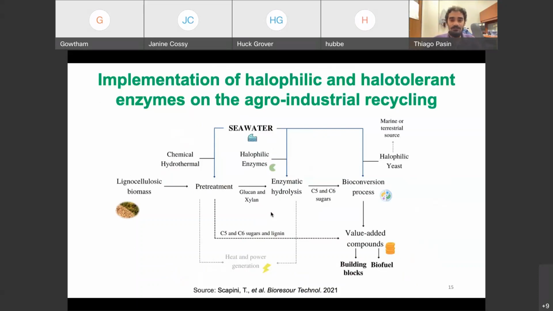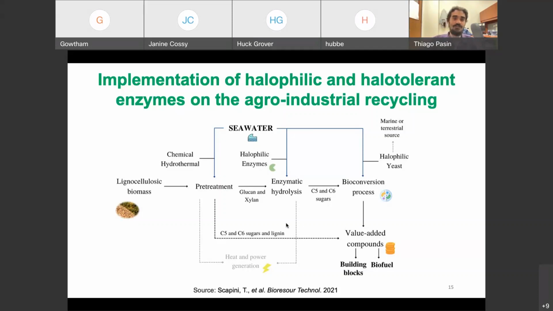We can use halophilic or halotolerant enzymes on the agroindustrial recycling. What are halophilic and halotolerant enzymes? These kinds of enzymes are resistant to high salt concentrations, so they can be active under high concentrations of different salts. So here's the idea. We can use halophilic, halotolerant enzymes with seawater instead of using potable water, and then we can do the enzymatic hydrolysis of these